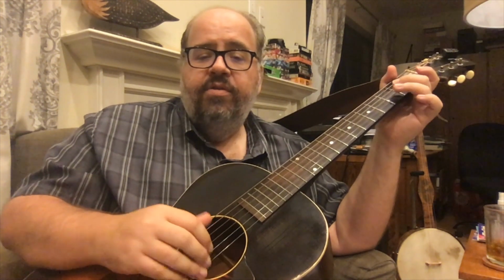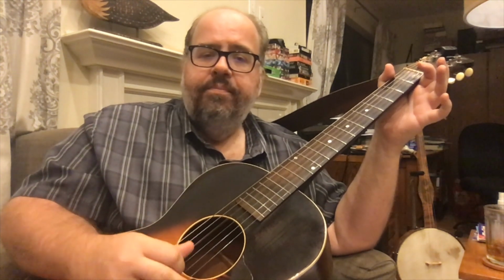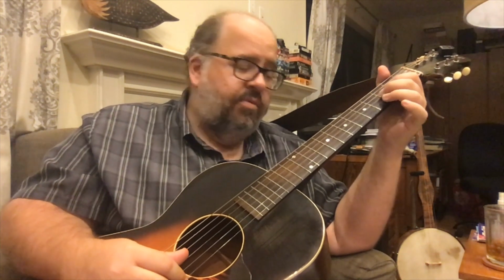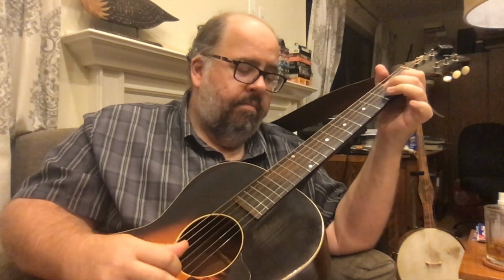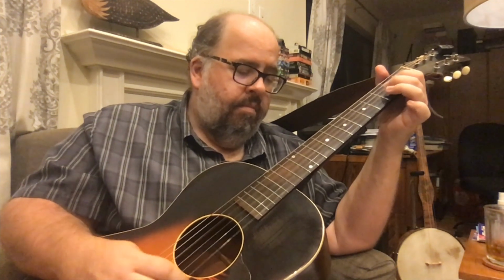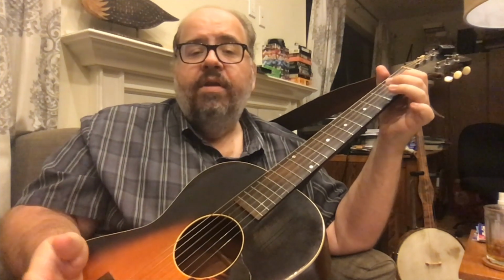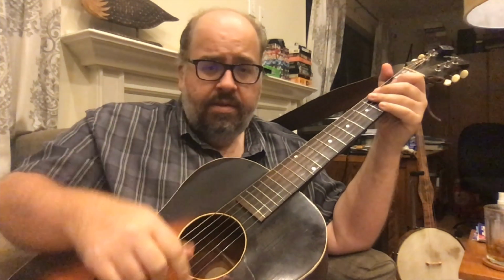Times through the tab, and you'll notice I've written it in the tab and played it now just with the down and up brush, like that. And again, go through the tab and try it with just the down brush, which would not be very interesting to do all the way through, but to add some emphasis if you do that for a note or two at a time, that's what it would sound like. And then with the triple brush,